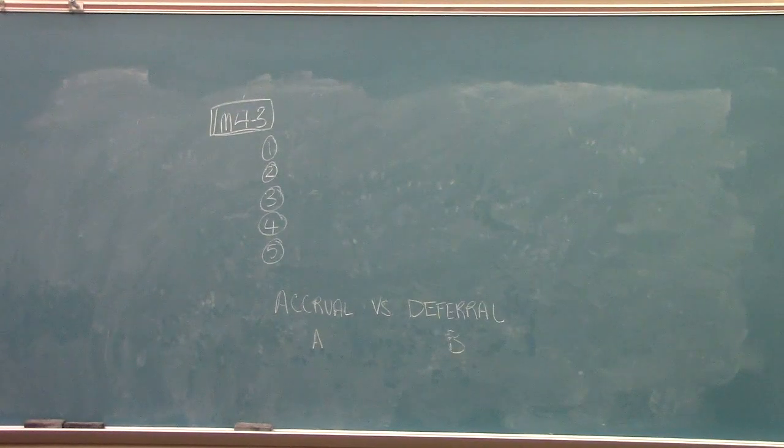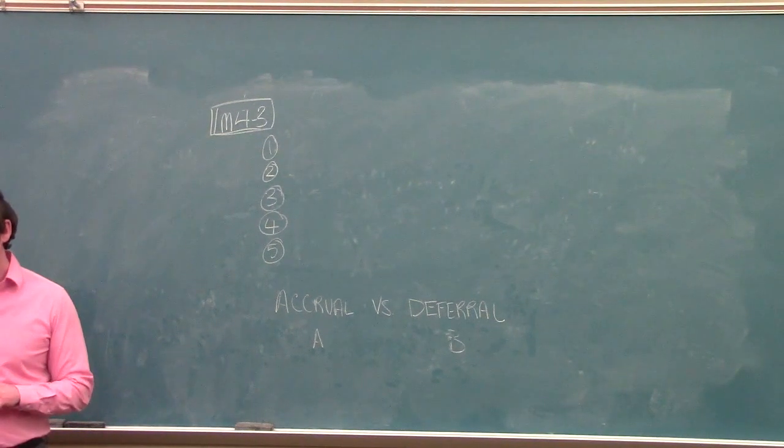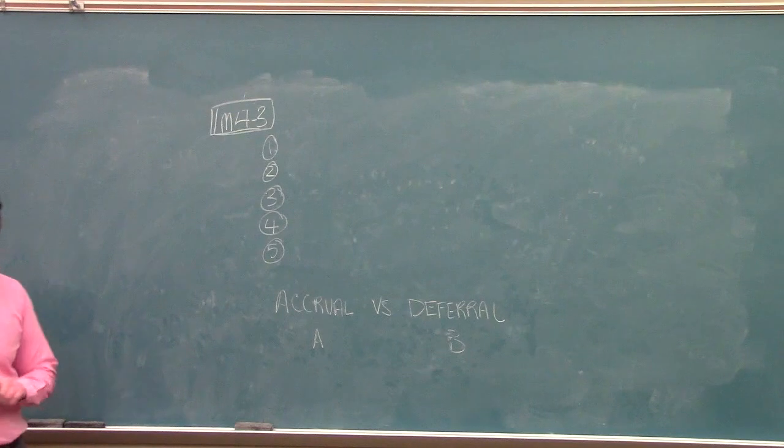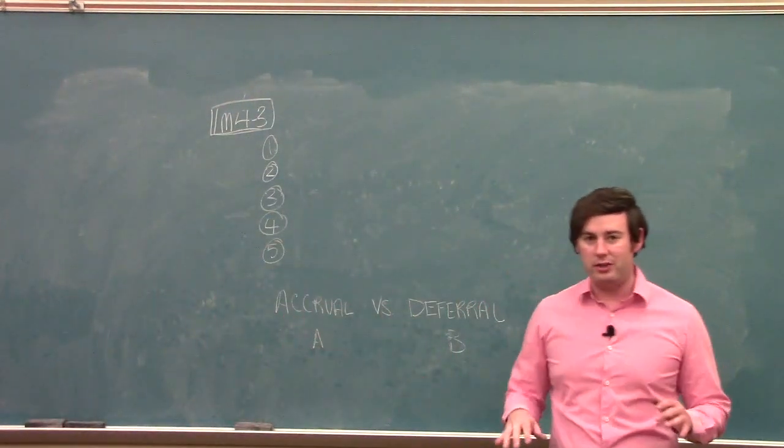Okay, first problem for chapter 4 is M43. M43 asks us to look at some transactions and figure out whether or not an accrual adjustment is required or a deferral adjustment is required. When trying to decide between the two, one of the things that you can do is ask yourself the question,